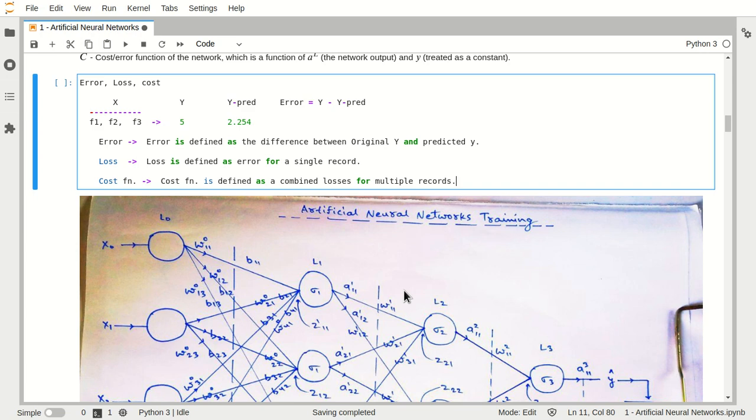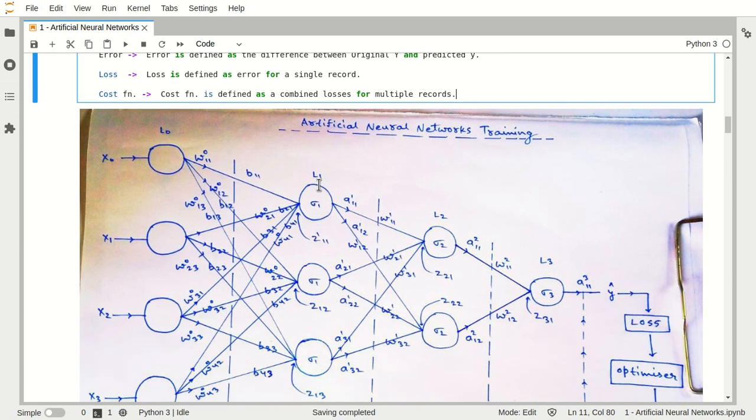A batch is a combination of multiple different records. There may be 10 records, 20 records, 50 records, 200 records, 1000 records, 10,000 records. We can make batches of this many records.